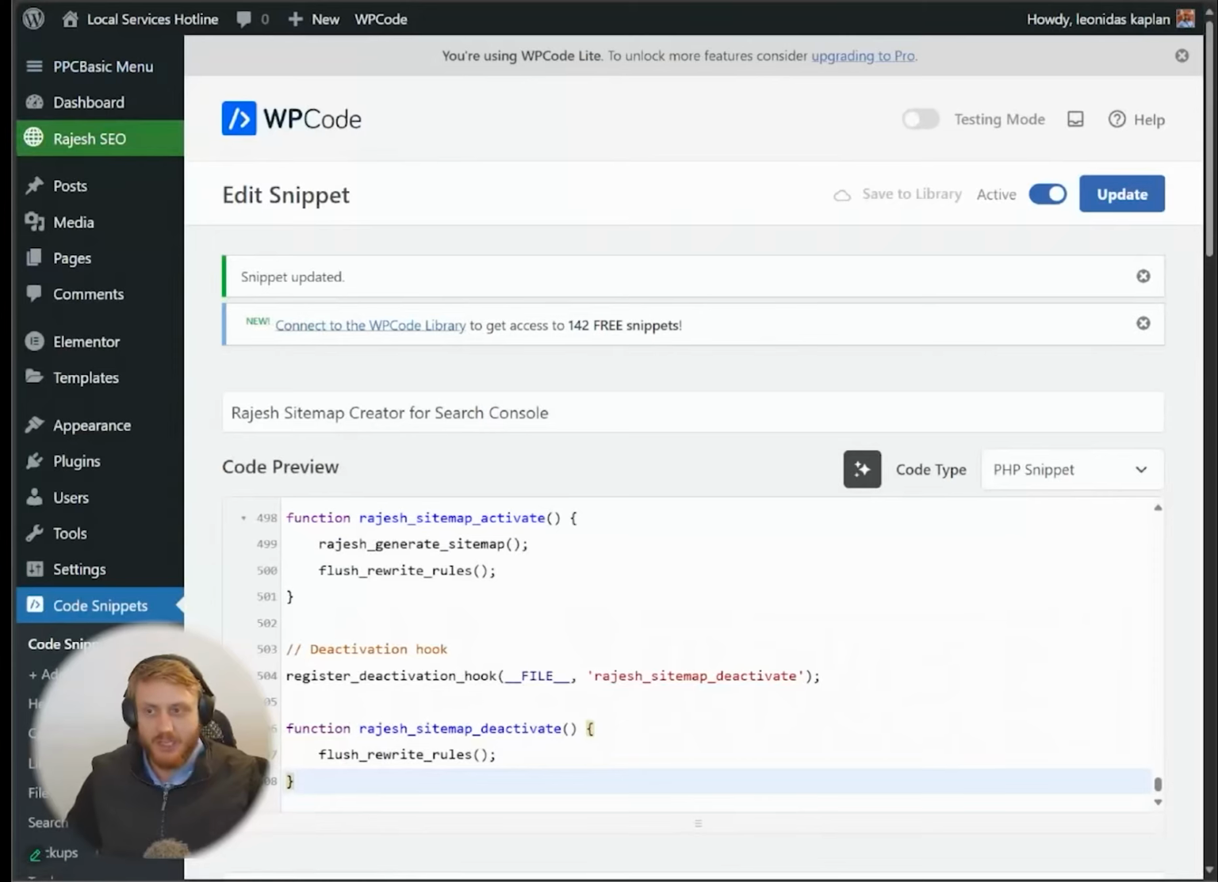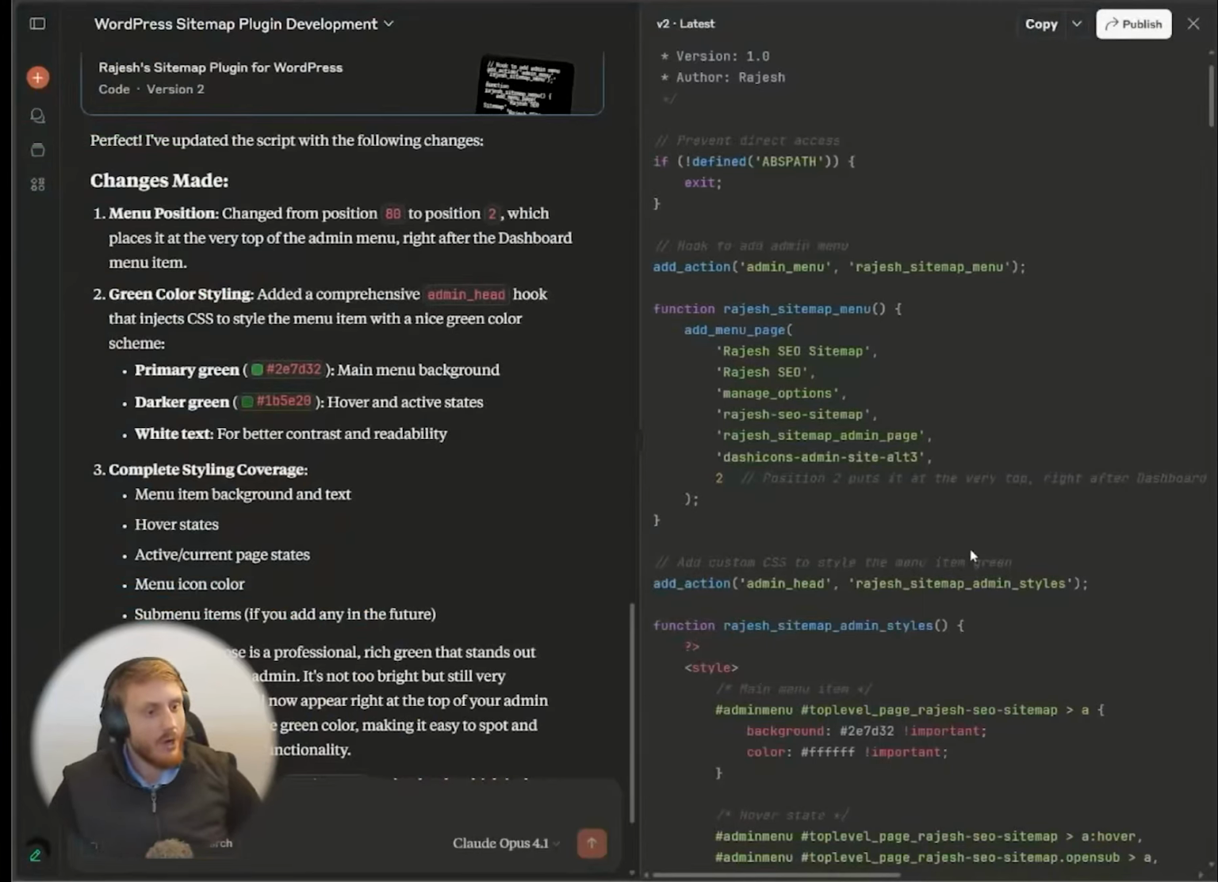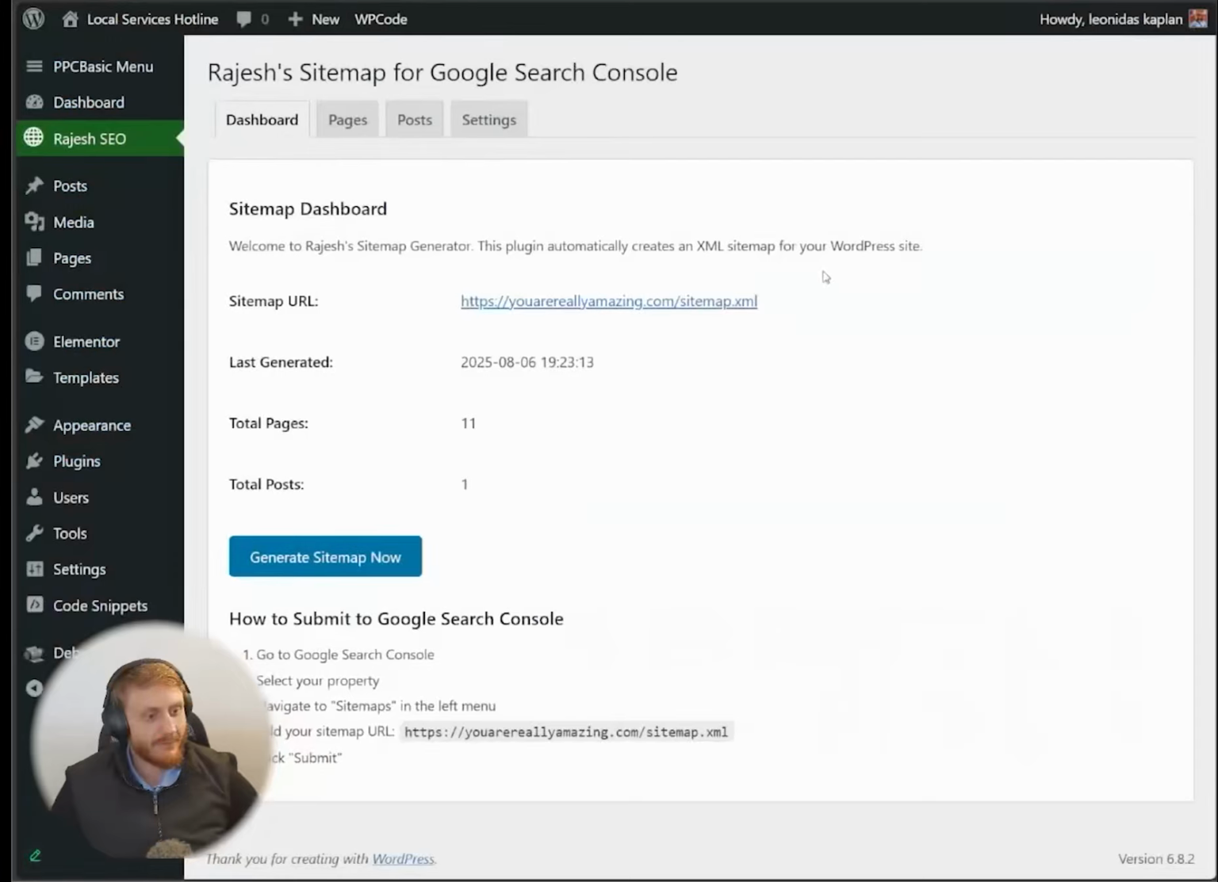So any changes that you want to make, you simply type them into the thing. Now, Rajesh, are there any additional modifications you'd like for your plugin? Or does anybody have any suggestions, like something that they'd like to see in the plugin itself? You can also do